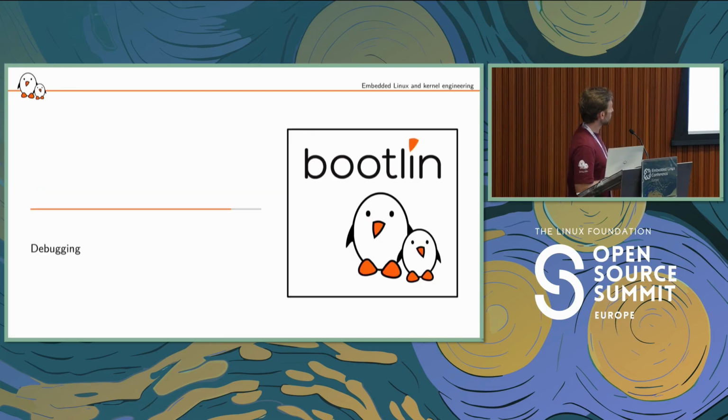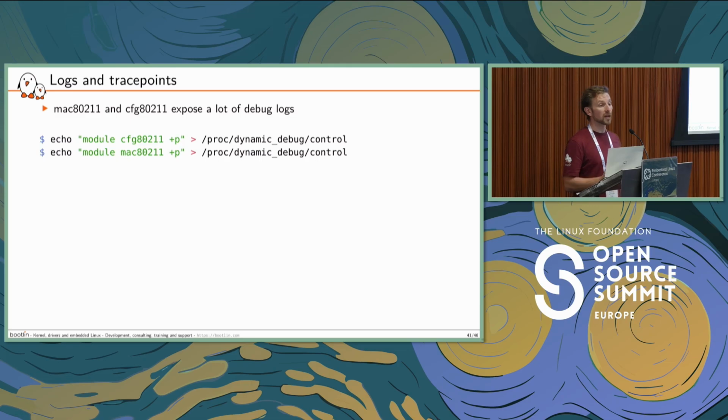Last word about debugging. First of all, there are many debug logs in both the cfg80211 core and the mac80211 core. So I have to take care about building those at build time, so making sure that they are embedded in my kernel image and module files. But then at runtime, I can use the dynamic debug entries to enable those messages.